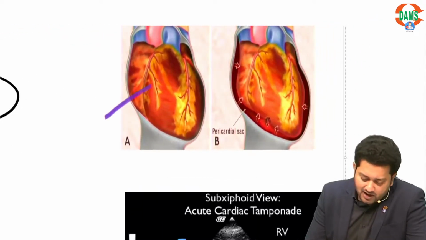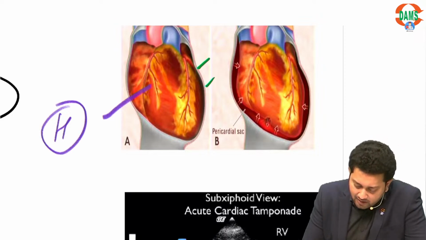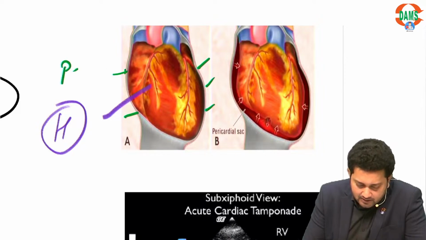See, this is the heart, and around the heart there is a layer of pericardium. Okay, so this is